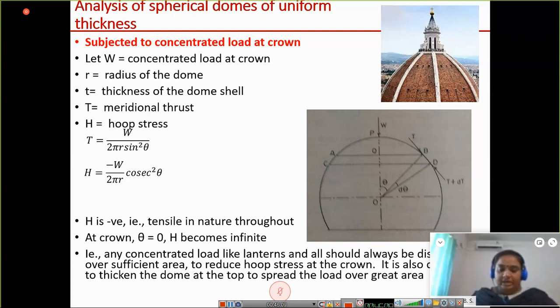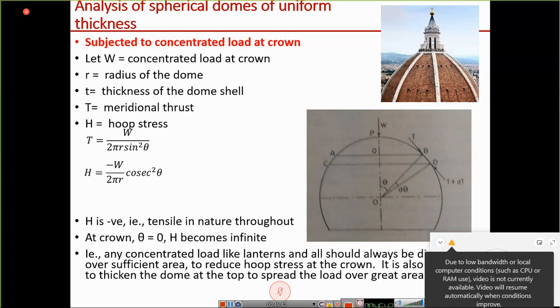So next is on the design part. What I'll do in this session is I'll try to complete up to the analysis part. To do the design, we need the basics of the working stress method. So I'll start the next session, which is scheduled next Saturday, same time, with the basics of the working stress method of design, and then we'll try to complete this problem.